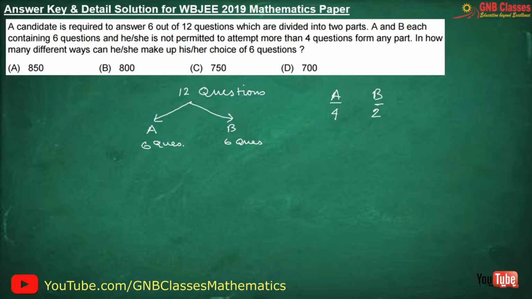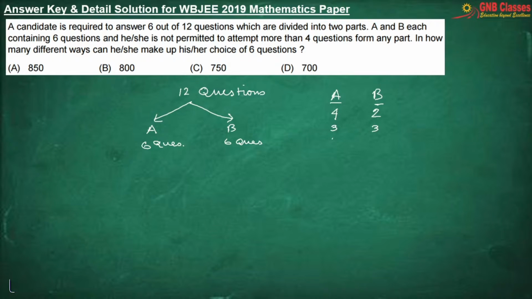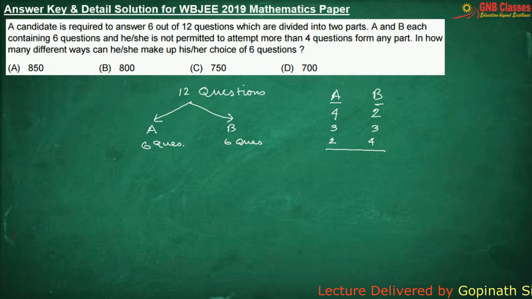Or he can take 3 from group A and 3 from group B. Or it can be 2 from group A and 4 from group B. These are the only options that the student has so that he can answer 6 questions, not attempting more than 4 questions from any part. Therefore, the total number of ways are,